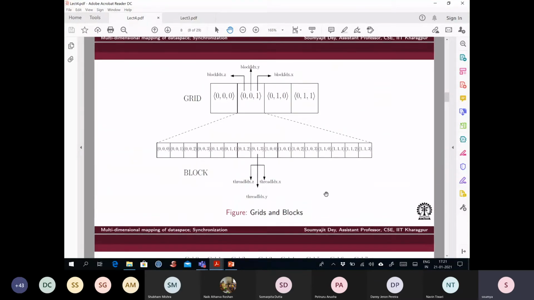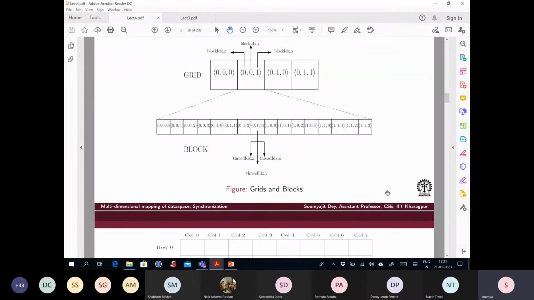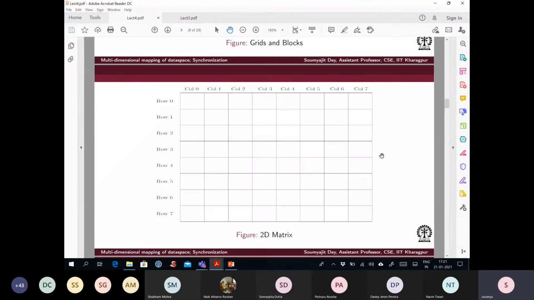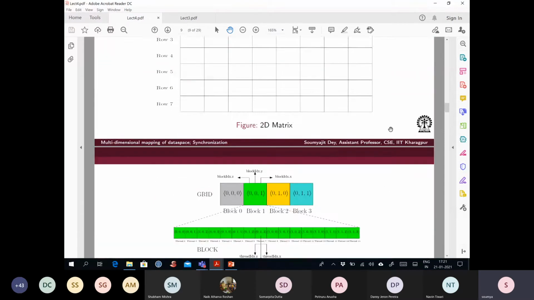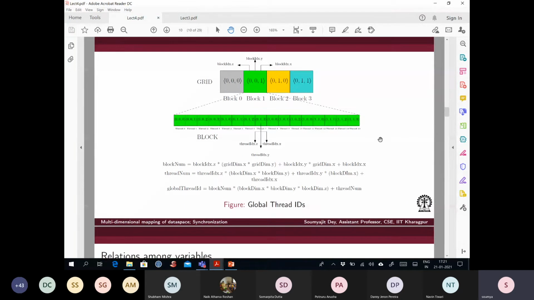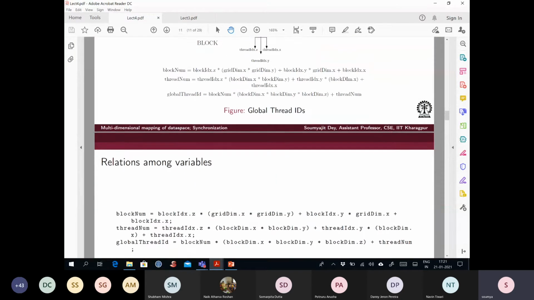Now the question is, how do I choose whether to go into a 2D mapping of threads or 3D mapping of threads and all that? The idea is you will definitely make it as a function of the application. Suppose you are designing a kernel which will work on 2D data, then using a two-dimensional grid and block makes perfect sense, right? So that is why maybe you will choose for a two-dimensional grid and block,